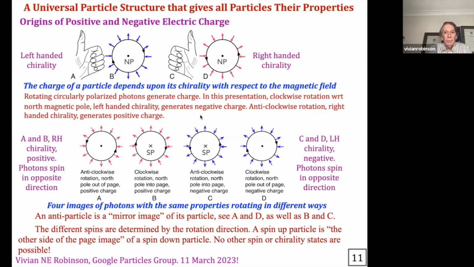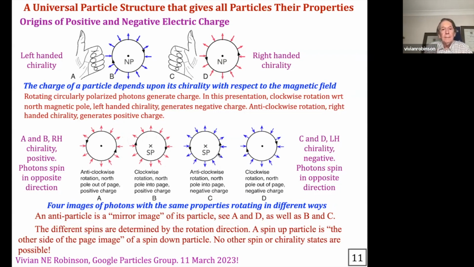Now here we have 4 illustrations of what could be regarded as the same photon, with the same properties. There are only 2 ways it can rotate, clockwise or anti-clockwise, and the spin of the photons can only spin one way or the other. So there are only a total of 4 combinations available. So here we see a photon rotating anti-clockwise with the North Pole pointing out. Here we see the same photon rotating clockwise, and there the South Pole is pointing into the page. They are both positive charge,